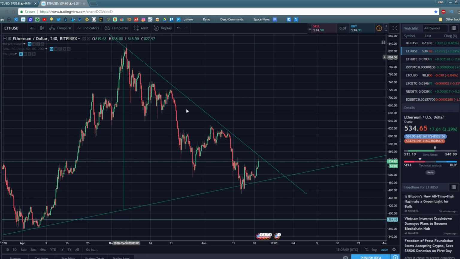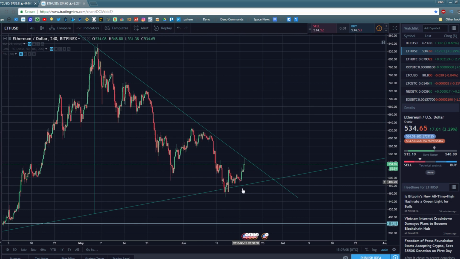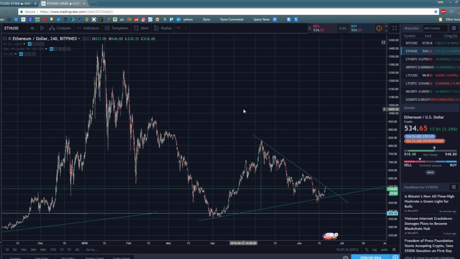So more than likely, it's a little bit more likely that it'll break bearish, but it can also very easily break bullish. Only looking at this pattern, you might say 60% it'll break bearish, 40% it'll break bullish, because this is sloping downward faster than this is sloping upward. The other thing that we have to talk about with consolidation patterns, which is what this is,